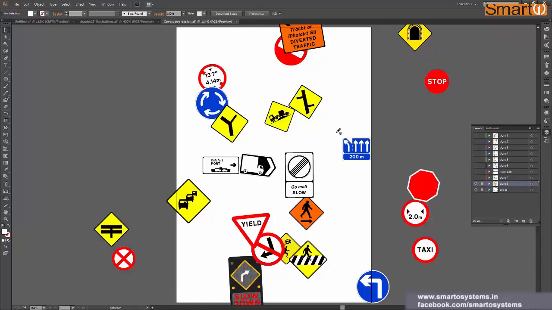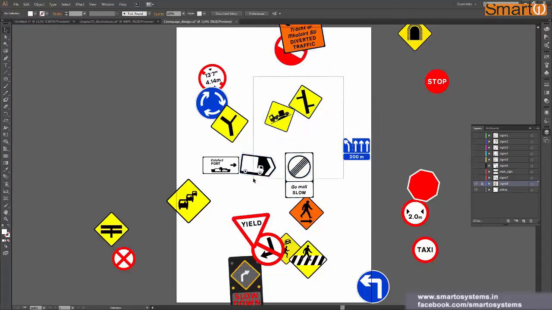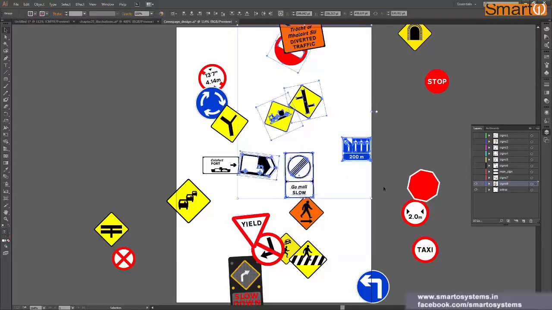Now immediately when I lock a layer, you can see my cursor has changed to this no pencil icon. That means I cannot perform any action on this layer unless I unlock it. So I'm just left clicking on this lock icon again, and that unlocks my layer. So this is also a toggle switch. You can press it to lock the layer, and click this icon again to unlock it. Okay, so that was fairly simple.